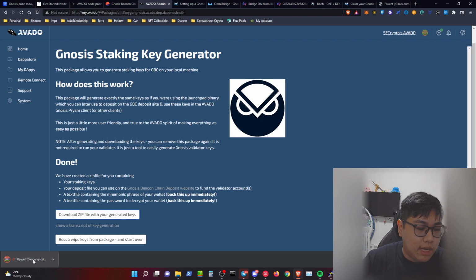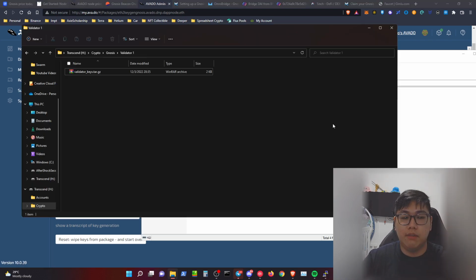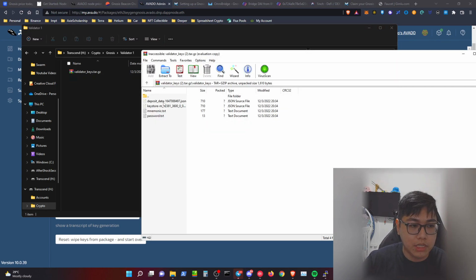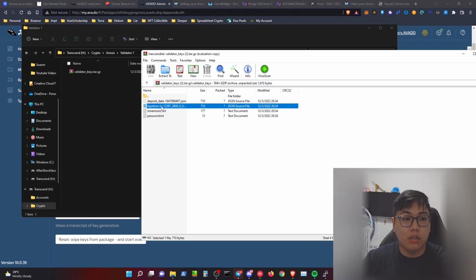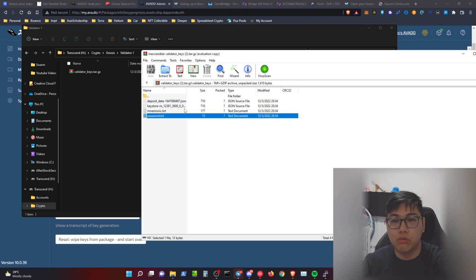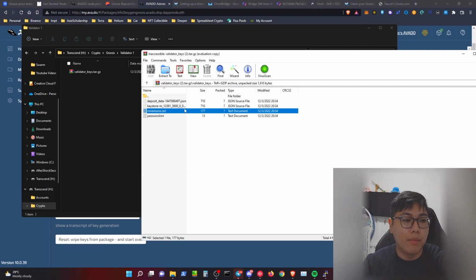And over here, once it's done, if you open the file itself, whichever file that you save it in, basically what you need to do is unzip the file, just open it up, and you will see the page. This is going to show you your keystore, which you have to access with your password, and of course they also gave you your password files, and your mnemonic, the 12-word seed itself, is inside.